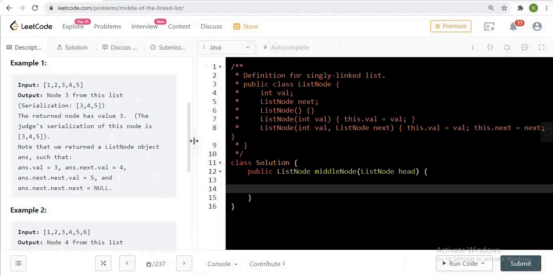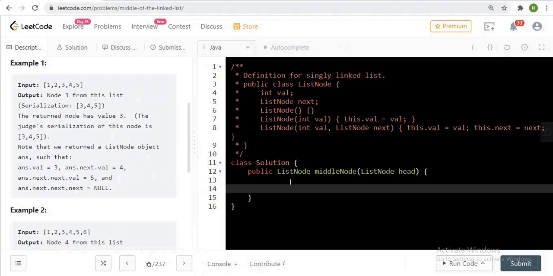The second one is a little bit lengthy but easier: first count the total number of nodes present in the linked list, and then traverse to length by 2 of the linked list. The moment we reach length by 2, we return its data. But in this video I am going to share the first approach, the two pointers approach.